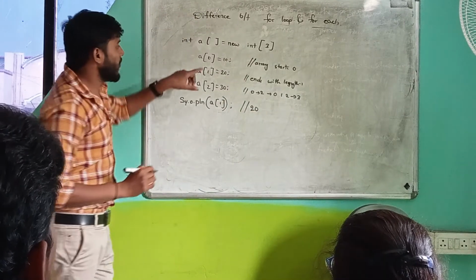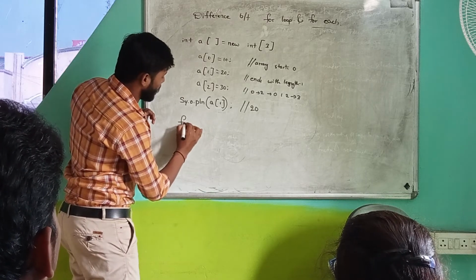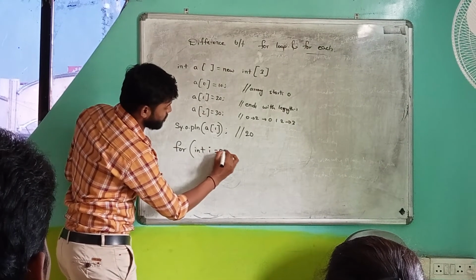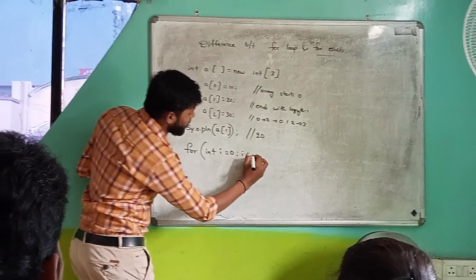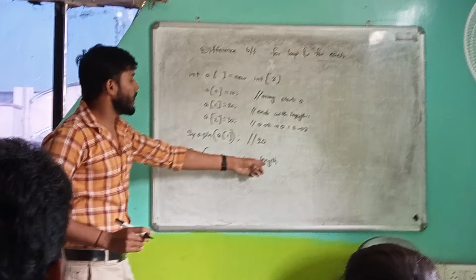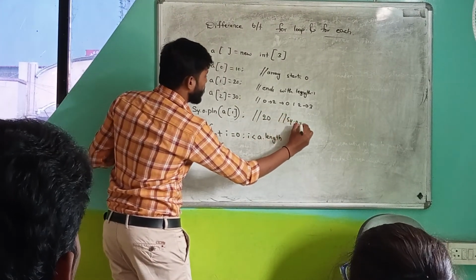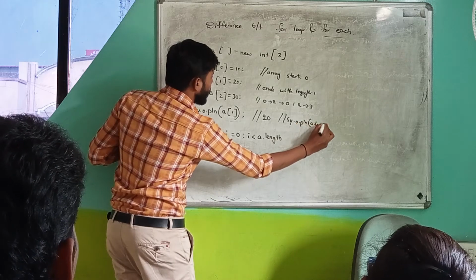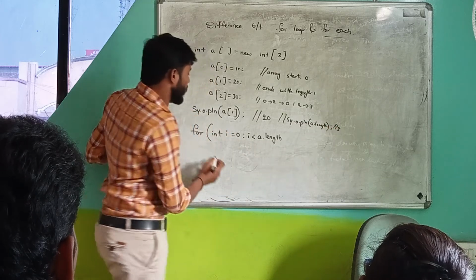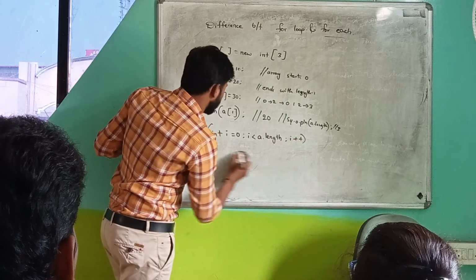Okay. Now when I need the overall data, when we have multiple executions, we need to follow the for loop. For, and then here I am initializing one variable i equal to 0, and then i less than a dot length. What does this a dot length mean? When you use system.out.println a dot length, it gives how many elements the array has. It will give that answer as 3. In that way, here we are following a dot length, and then i plus plus.